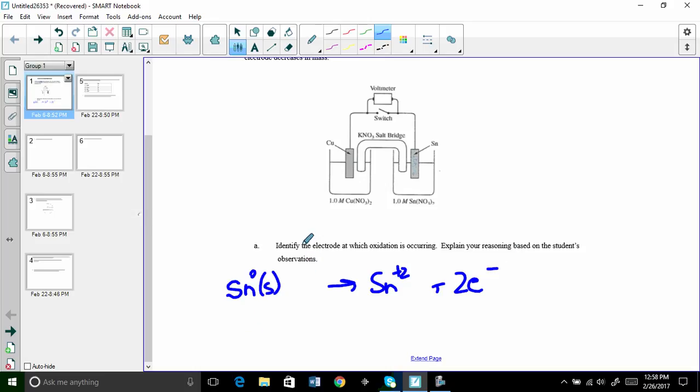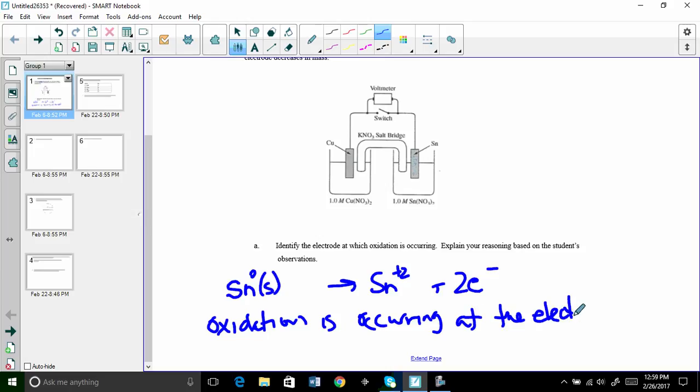Identify the electrode at which oxidation is occurring. Oxidation is occurring at the tin electrode, because you always got to answer the question first. And this is bad. This should probably be a capital O. And then when it says explain your answer, that's when they want you to say something like,